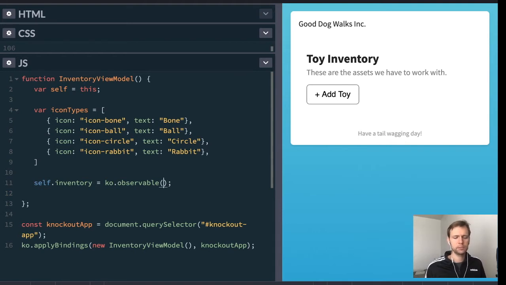And so you might think you could just put in an array like that, and you can do that, but Knockout has kind of a built-in opinion on how you should handle arrays. And it's backed up by some methods that are included on it and some performance improvements that you get by using it. So what we're going to do is, instead of saying observable, we say observable array instead,